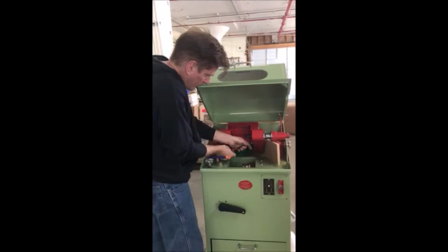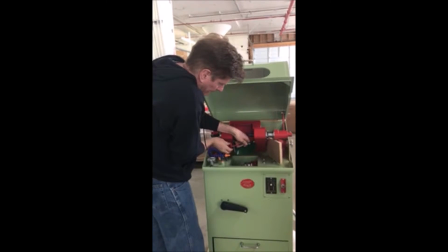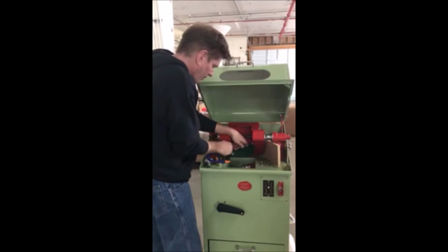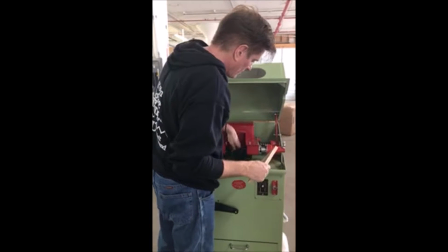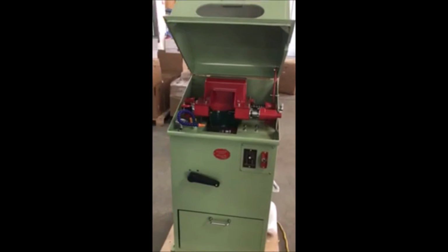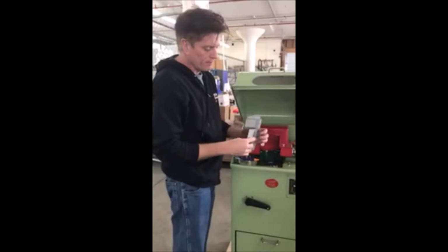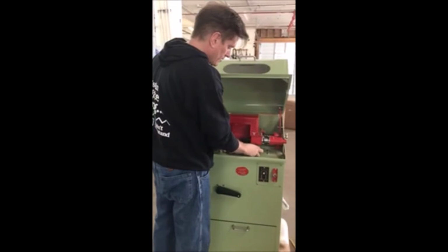Then we're going to put the other guard in that you've received, and that actually is the front guard. Don't worry if this kind of pulls a little bit, it's supposed to do that. There we go. So that's the little flap. Then the front guard is this little piece of metal, and you can bend this to angle. Basically, this just pops right in here. It sits in front,